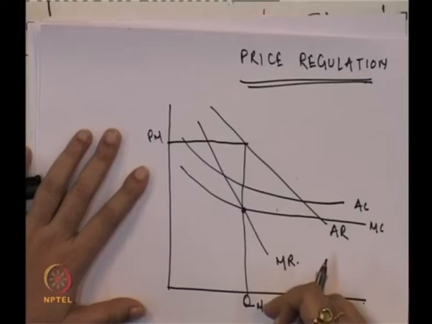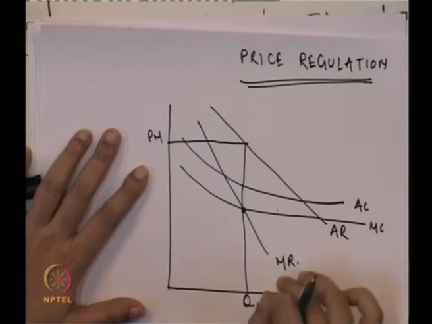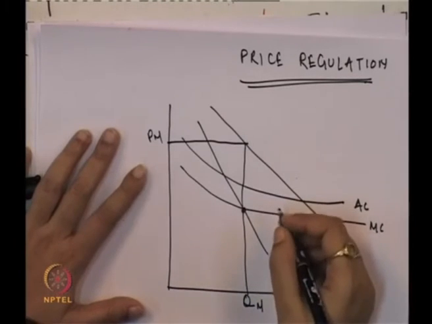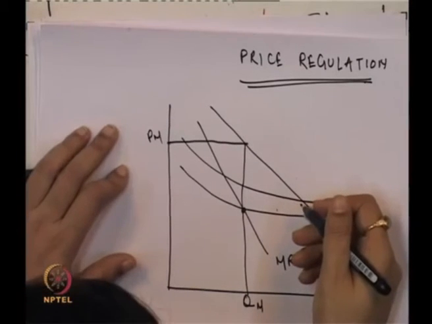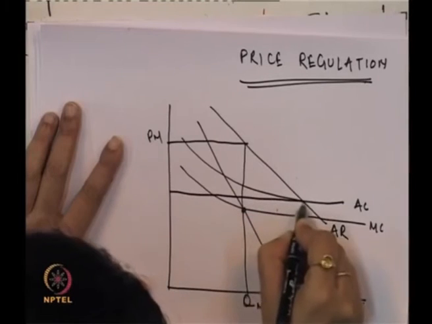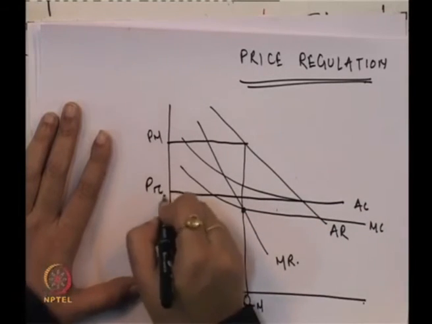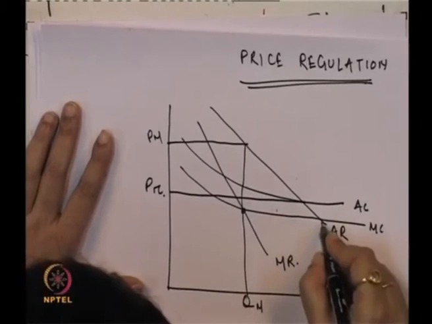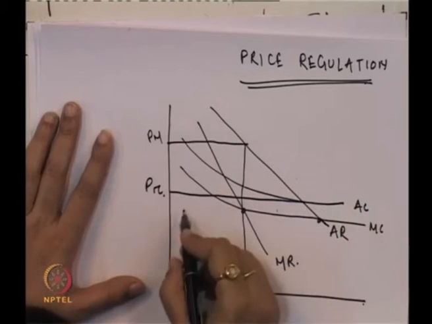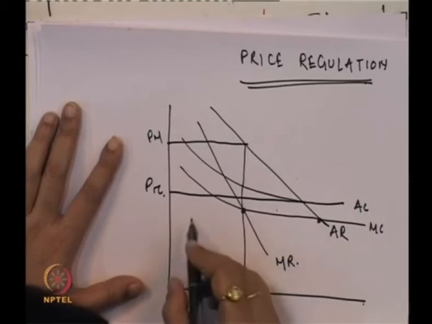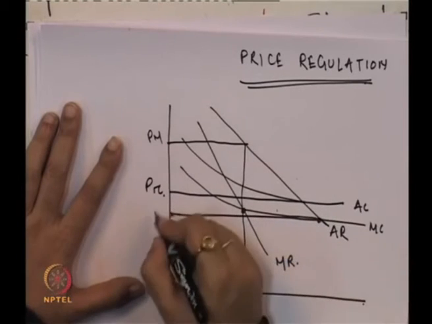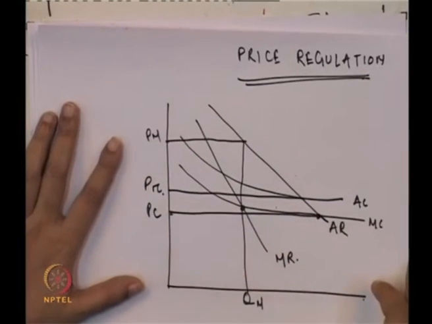If the policy maker wants to do some regulation with that, they will support a price where P is equal to AC, or AR is equal to AC, and if you do this, then we get a price that is PR, that is the regulated price. And what is our competitive price? The competitive price is that point where AR is equal to MC. So, AR equal to MC is the perfectly competitive price.